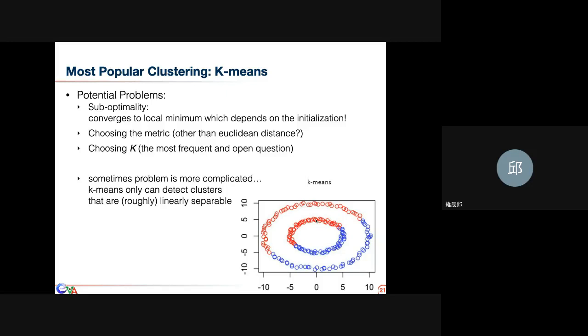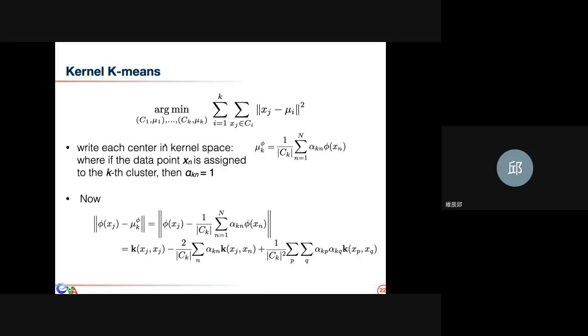But if I first project my data set into a feature space, maybe a higher dimensional feature space, I can apply k-means and it can give me good separation between the data points. So I hope it can still remind you of the important idea about kernels, right? So let's say we first project our data points into a feature space phi, right? And then in that feature space,